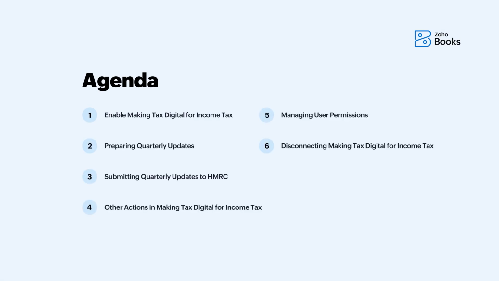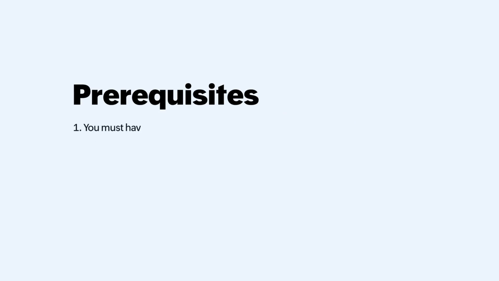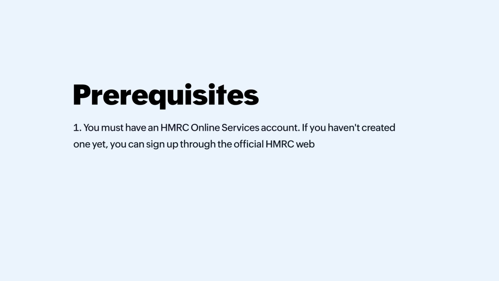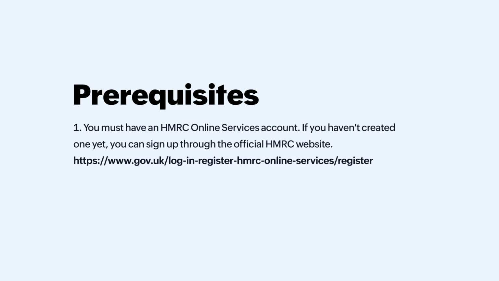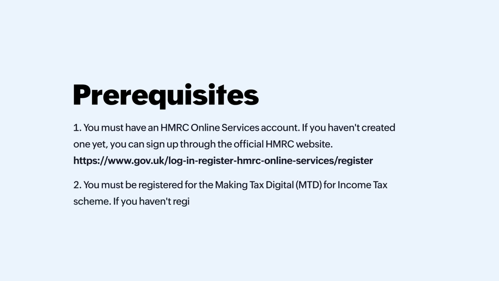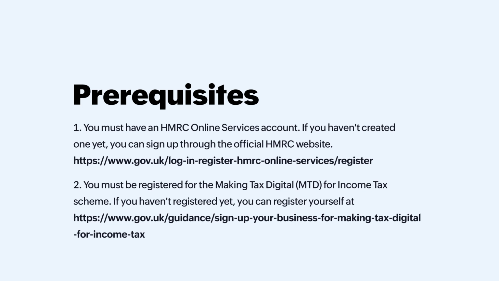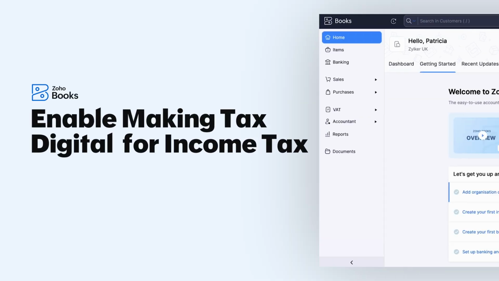Before you get started, ensure the following prerequisites are met. Number 1, you must have an HMRC Online Services account. If you haven't created one yet, you can sign up through the official HMRC website. Number 2, you must be registered for the Making Tax Digital for Income Tax scheme. If you haven't registered yet, you can register yourself at